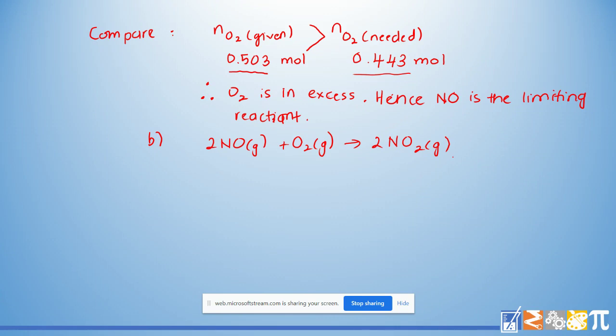So the amount of product formed will depend on the amount of NO. Whatever calculation regarding product after this will depend or must be related to the amount of NO. So we have from the